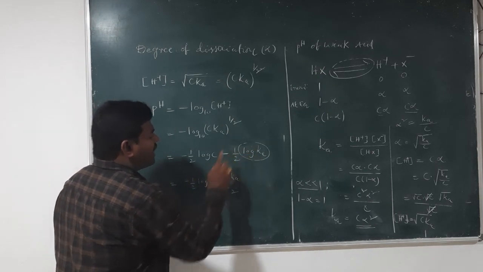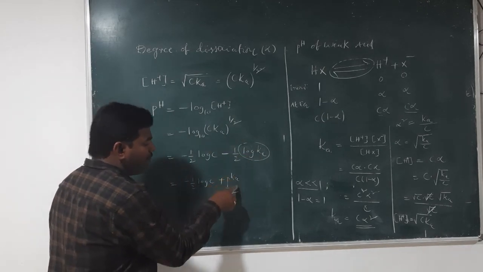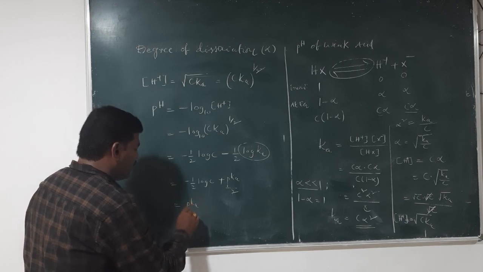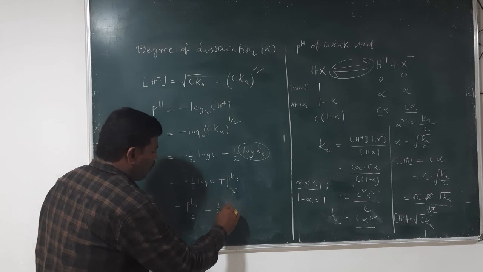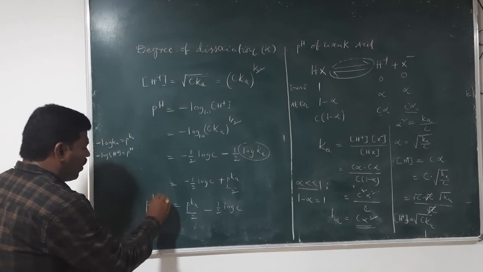Therefore, pKa by 2 minus 1 by 2 log C is the pH of